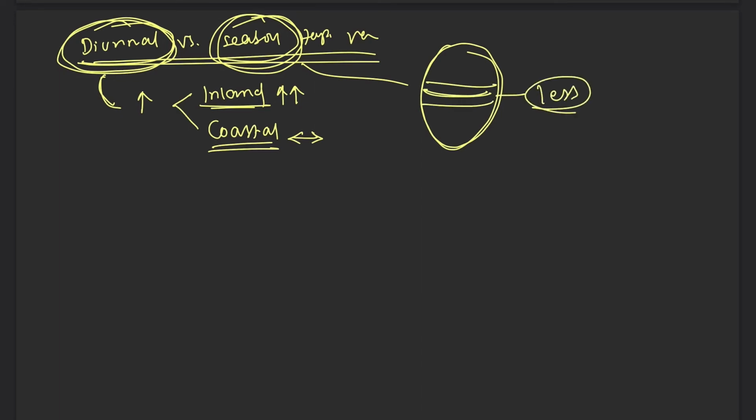If we go to the tropical area, the seasonal temperature variation is less. And if we go to higher altitude, the seasonal variation of temperature will be more. There will be more coolness or hotness, and the seasonal fluctuation is more at higher altitude. Or higher latitude, sorry, at higher latitude the seasonal variation of temperature is more than in the equatorial region,